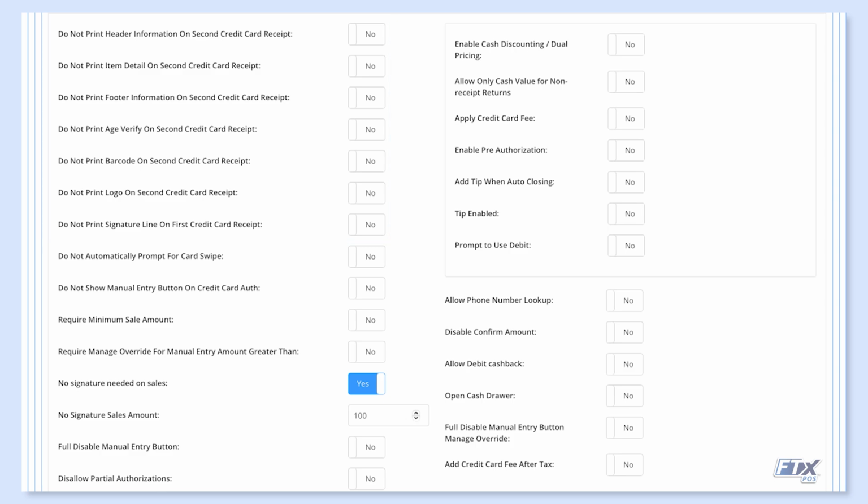Moving on, do not prompt automatically for card swipe. When enabled, this allows a delay for the cashier to specify when to prompt the terminal to begin the swipe process. Do not show manual entry button on credit card auth. When enabled, the manual entry will be disabled during credit card authorization, requiring a swipe or an insertion of the